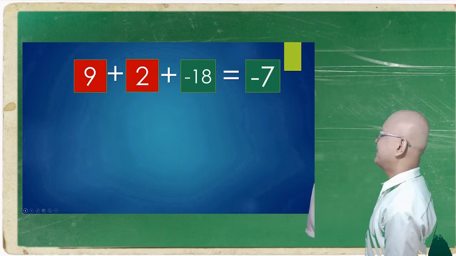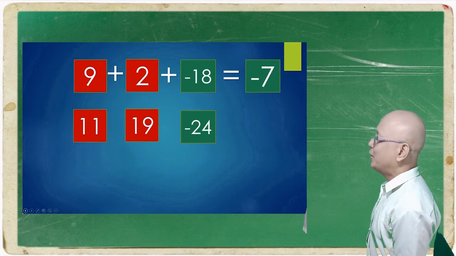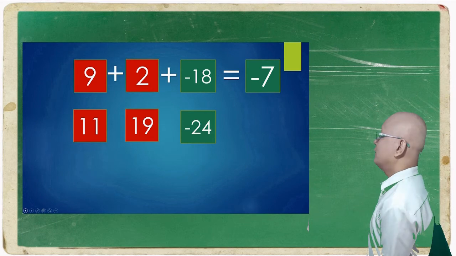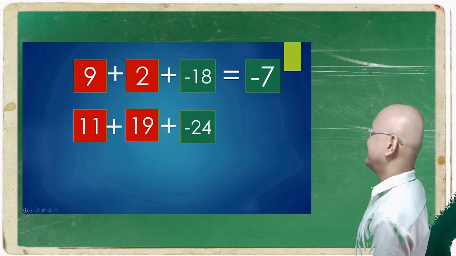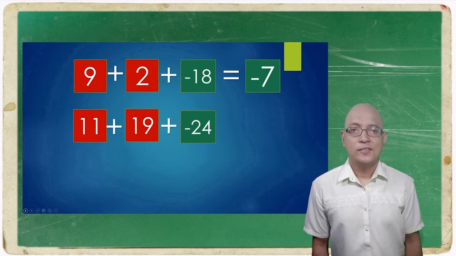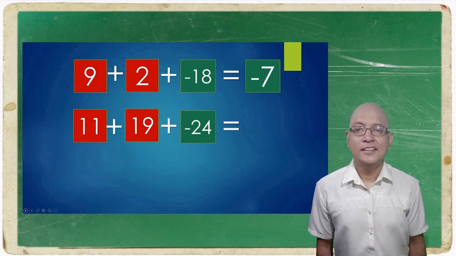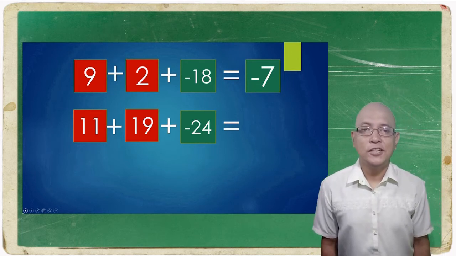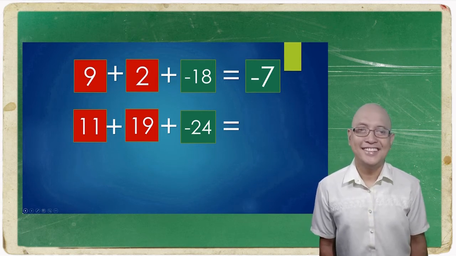Now it's your turn. If we have 11 and 19, both are positive and their enemy is negative 24, what would be the answer? Try to think about the answer. Again, we have 11 and 19, both positive and their enemy is negative 24. The answer is...